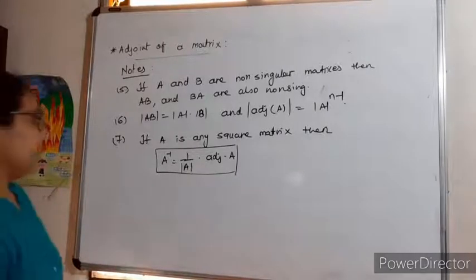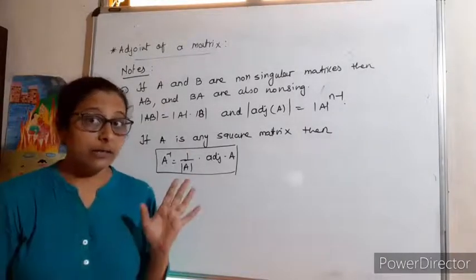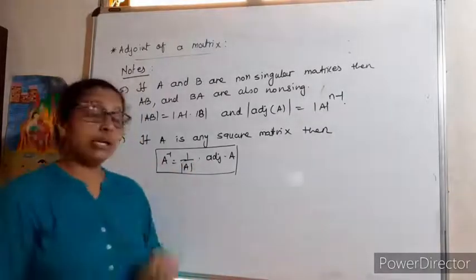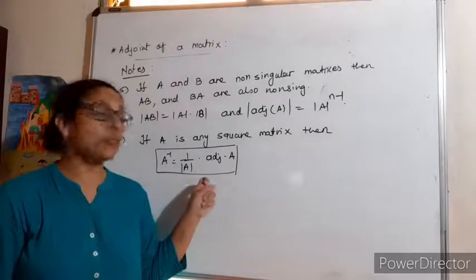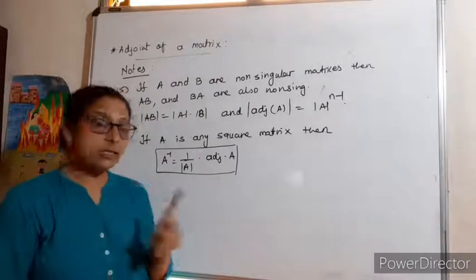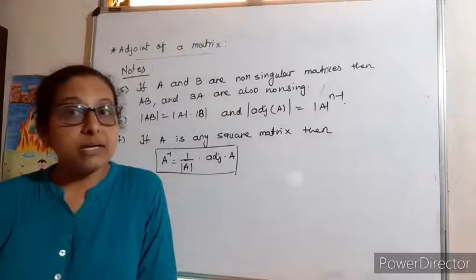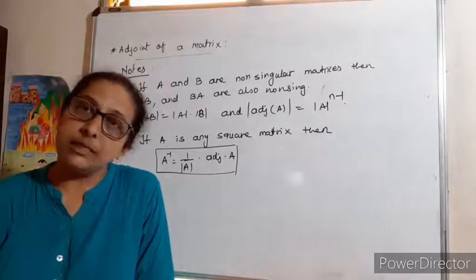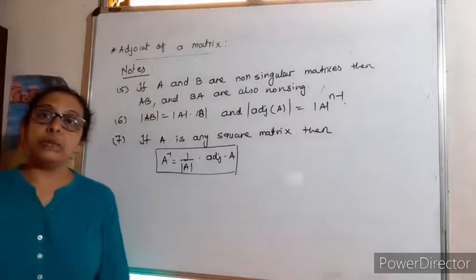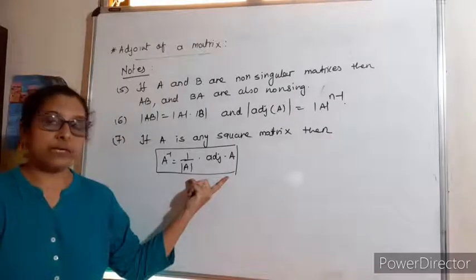That means to find the inverse, first we have to find its determinant and adjoint. How to find the adjoint, we will practice now, and we will do more practice in that. But if determinant of A is 0, then it becomes 1 upon 0. Therefore, the necessary condition to find the inverse is that the determinant should not be 0. If the determinant is 0, it is a singular matrix, and a singular matrix does not have its inverse. Therefore, the necessary condition is determinant of A should not be 0. Keep this in mind. This is the formula by which we'll find the inverse of any matrix.